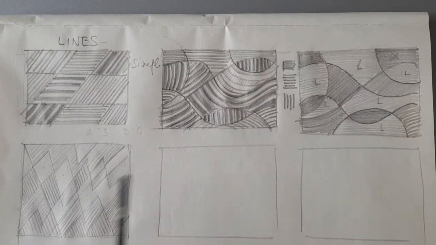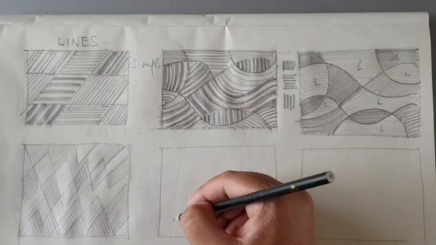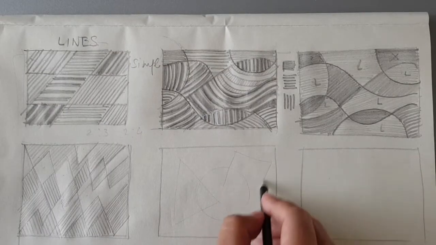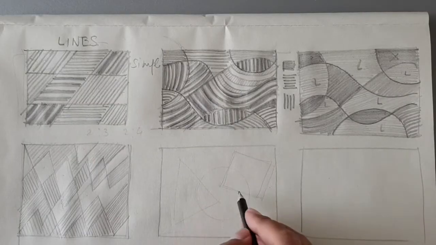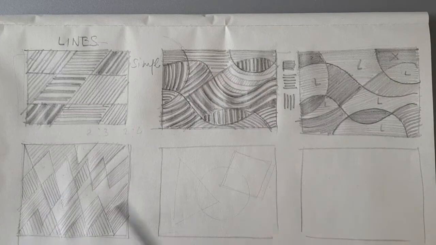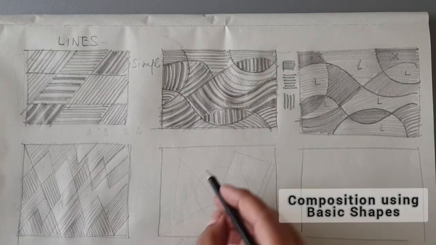So we have seen 4 examples. Another example which we'll see is using alphabets. Now when we have shapes, if you remember, I spoke about triangle, circle, square, all these basic shapes to use in a composition. So when we are using shapes or lines or curves, we can also use basic shapes. The basic shapes are triangle, circle, square. From a square we can develop a rectangle, and from a circle we have a hemisphere, or semicircle. From triangles we can create rhombuses, which are double the size of the triangle.